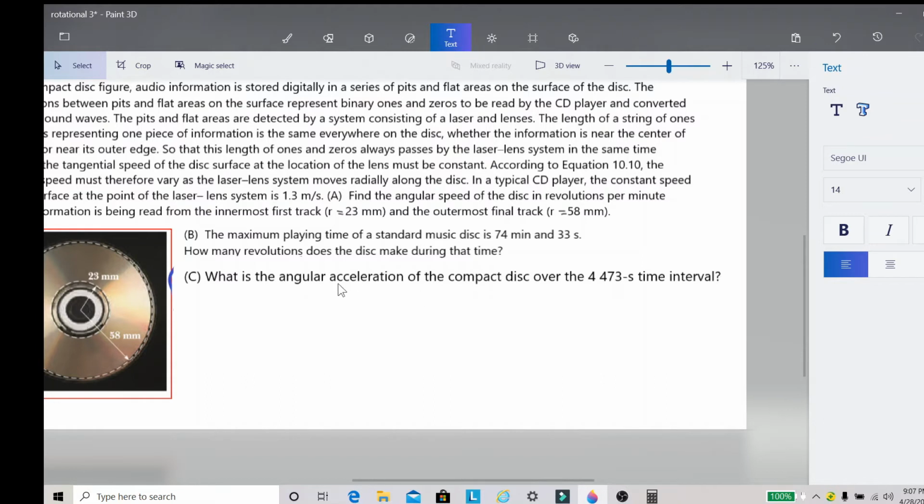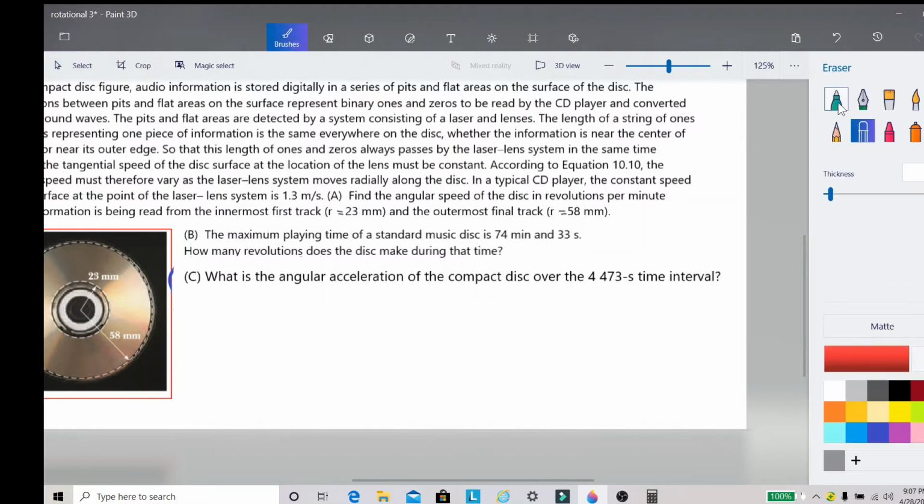Ano? Ang tinatanong sa atin dito is angular acceleration. Ang angular acceleration, ang katumbas niyan sa atin is alpha. Yung alpha yan, sa linear acceleration. So, ano ba yung acceleration natin? Acceleration is equal to velocity over time. Hindi man doon natin makuha, pwede natin gamitin yung kinematic equation natin na nag-i-involve ng